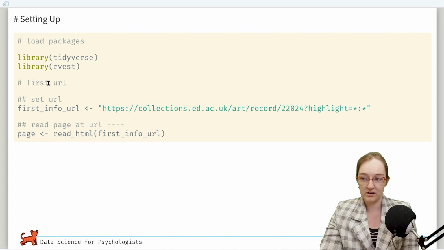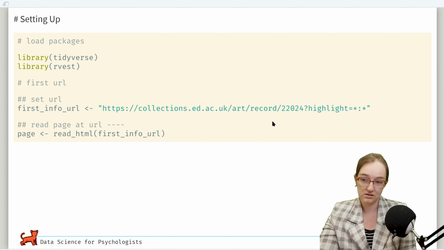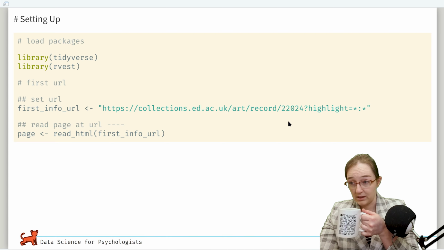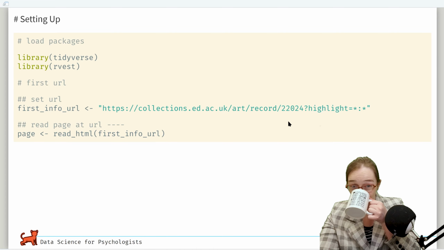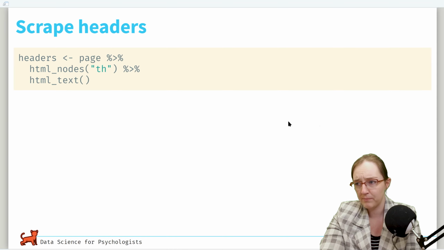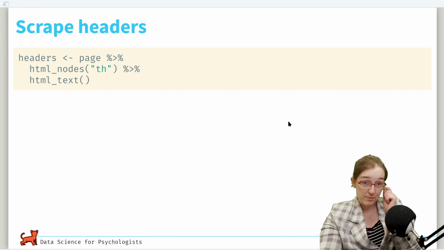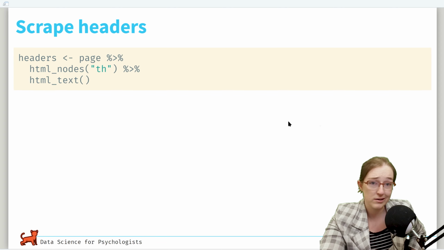So yeah, so here is our first little piece. We're gonna find the first URL, and that in our case was record 22024. And we are going to read that HTML code and assign it to page. Yep, this should be very similar to last time. So now we're going to scrape those headers. Remember, those headers are the variable names that we will be using. And in our data,